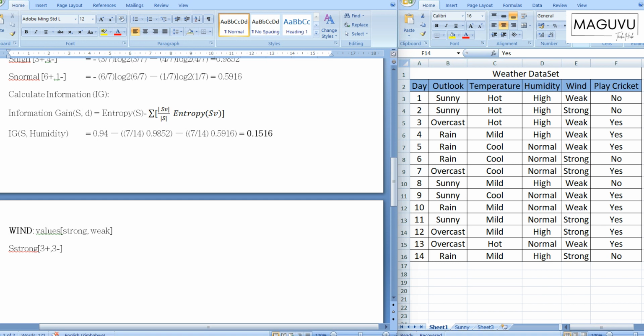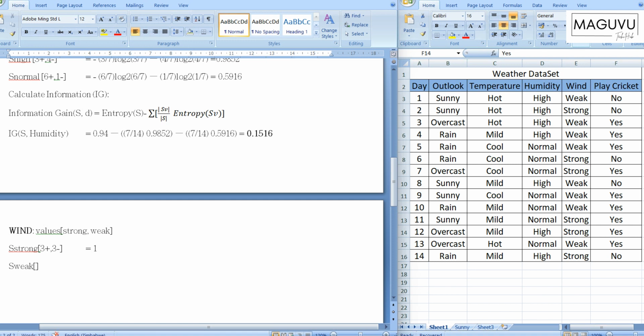So we go ahead and substitute in our formula, and from the previous calculation where we had an equal proportion, which is half, there's no need for us to calculate, right? So we already know that the answer is 1. So let's consider weak,